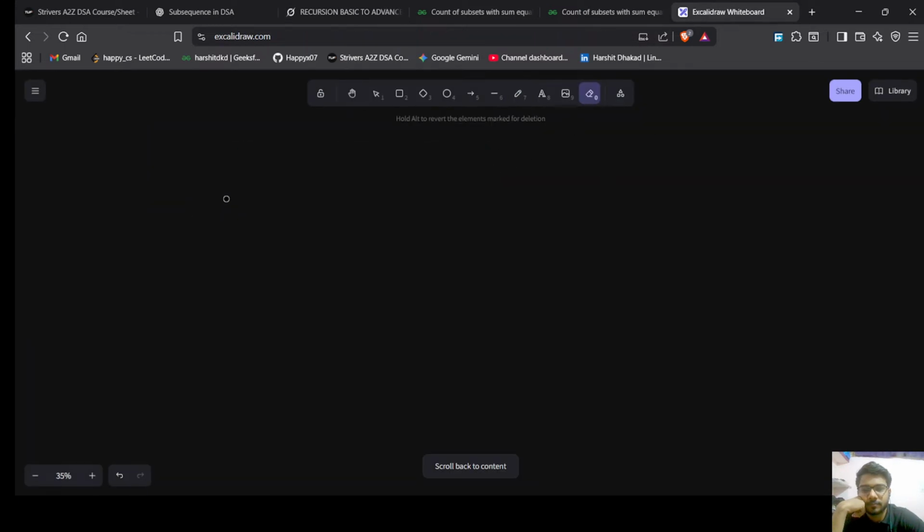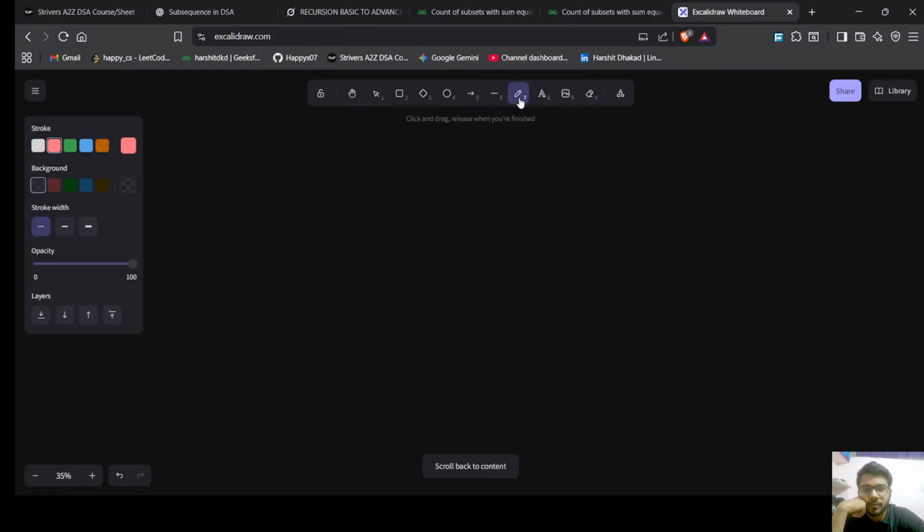Let's say we have a string A, B and C, sorry, ABC, and we want to generate the subsequences of ABC. So the first subsequence will be an empty string. And the second subsequence will be